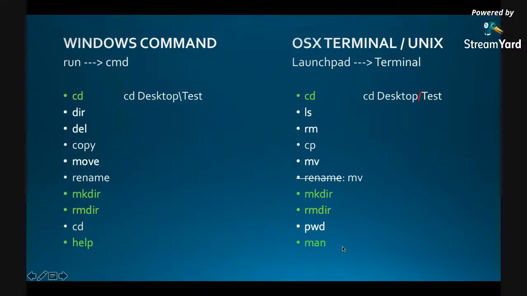Then all the following commands are pretty straightforward. So del for delete and its equivalent rm for remove are for deleting a file. Copy and cp for copying a file, and move and mv for moving a file. But for renaming a file, there's a difference between Windows and Unix, because Windows uses rename, whereas Unix uses again